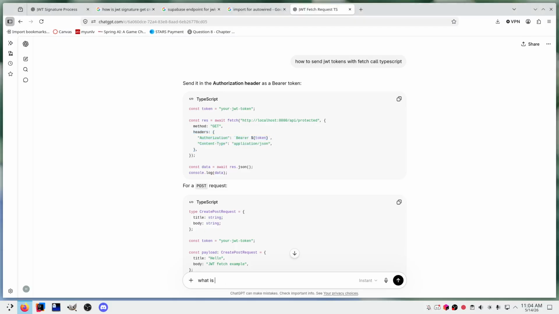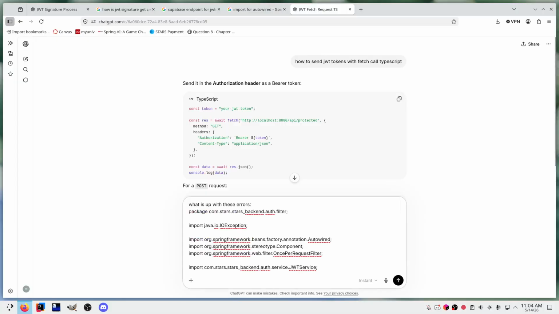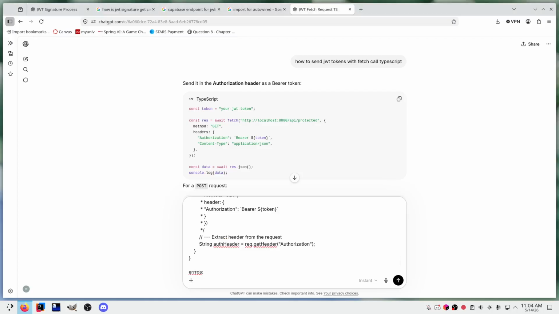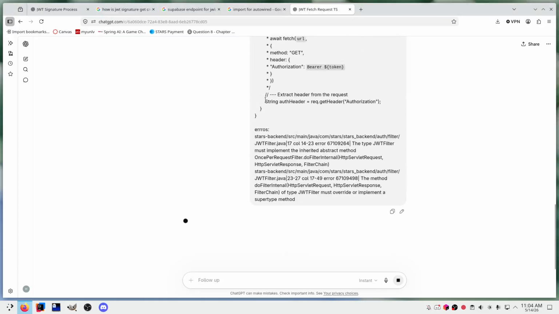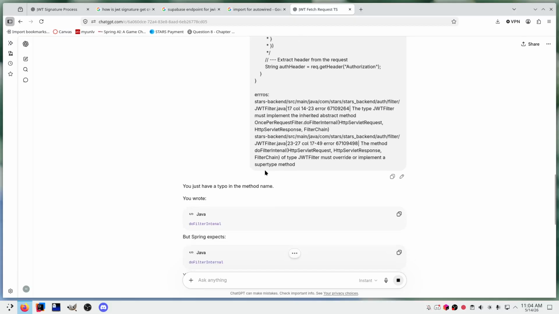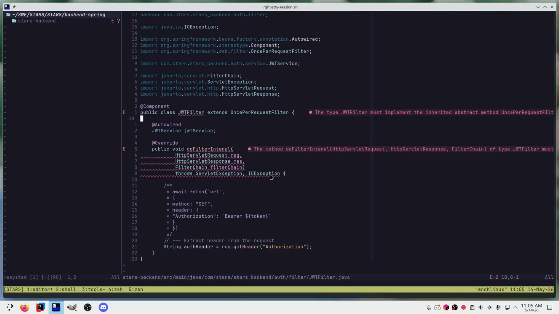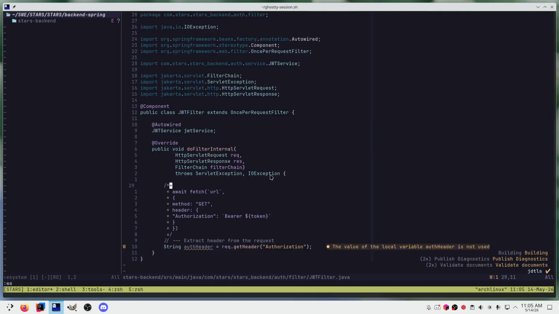What is up with these errors? Oh my gosh. doFilterInternal. Alright, fine. Okay, so we're getting the auth header, and then from there we want to extract the token